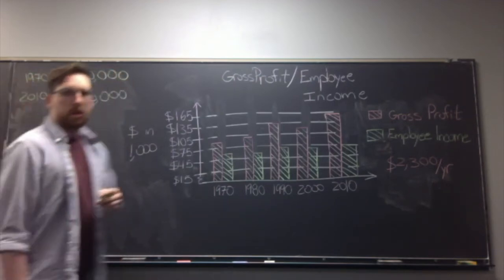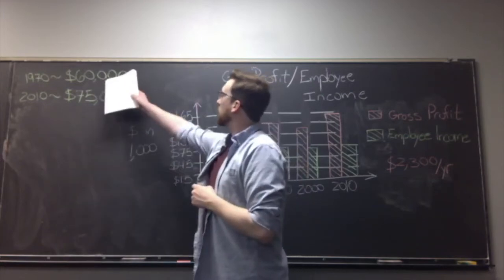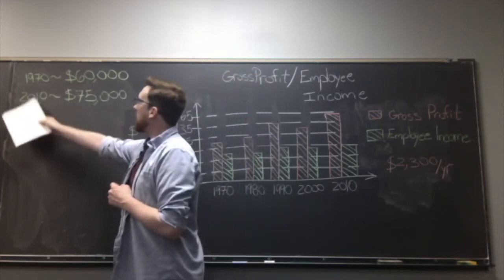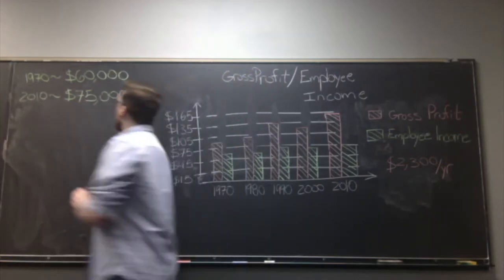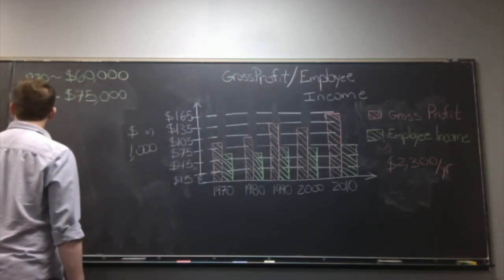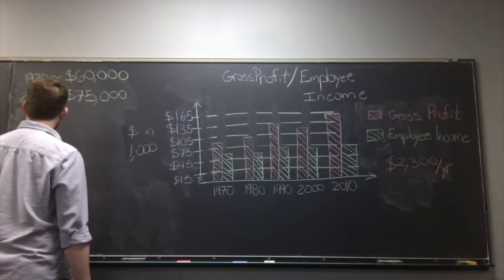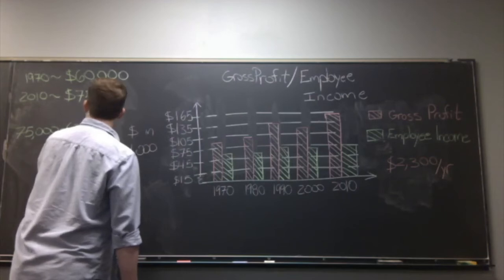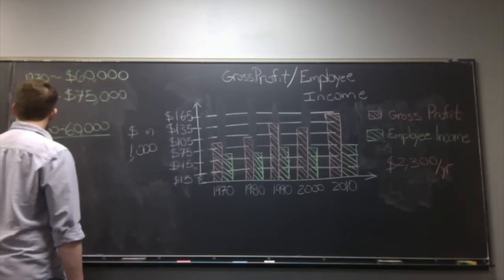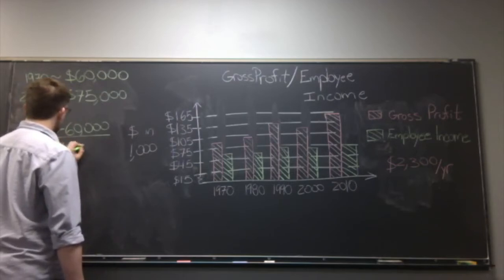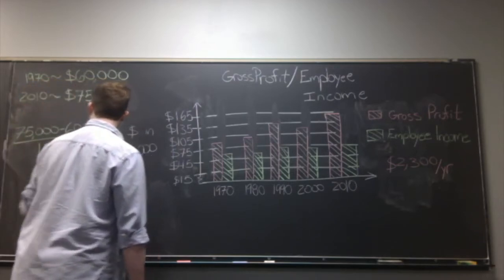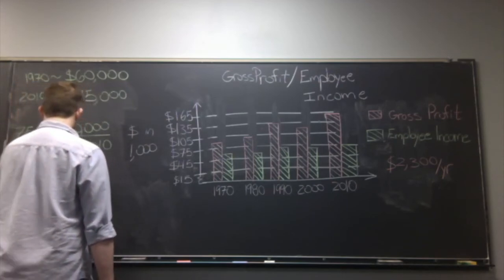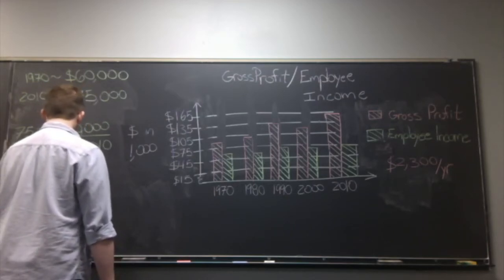So, again, we're just going to take the difference between what the employees earned yearly and divide that by the time in between. We're going to have 75,000 minus 60,000, divided by 1970 minus 2010, which is going to come out to be 15,000 divided by 40,